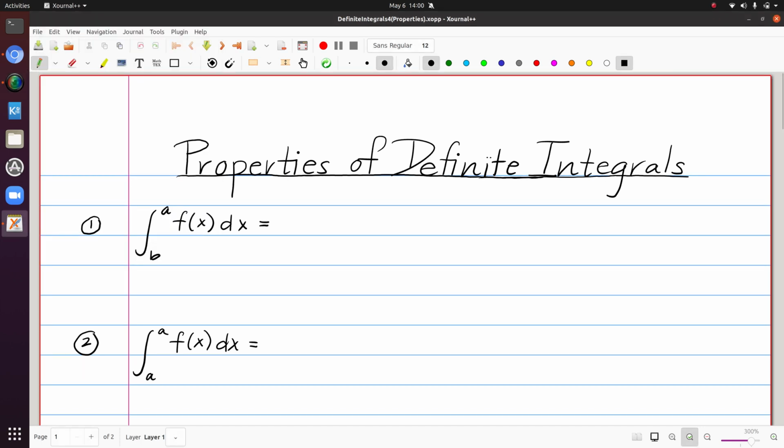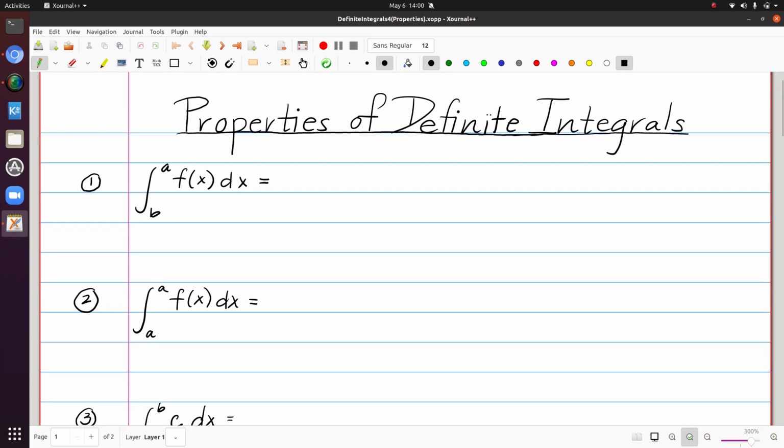Let's look at some properties of definite integrals. So this first one here to start with, notice that typically I've been writing a as the lower limit of integration and b as the upper limit of integration. Well, this is connected to that. So here we have the integral from b to a. And it turns out that that is the same thing as -1 times the integral from a to b of